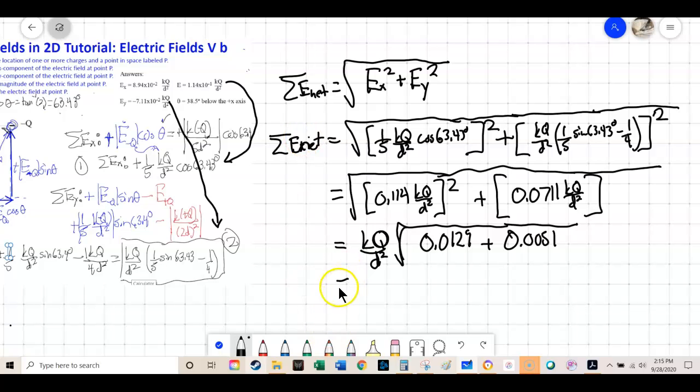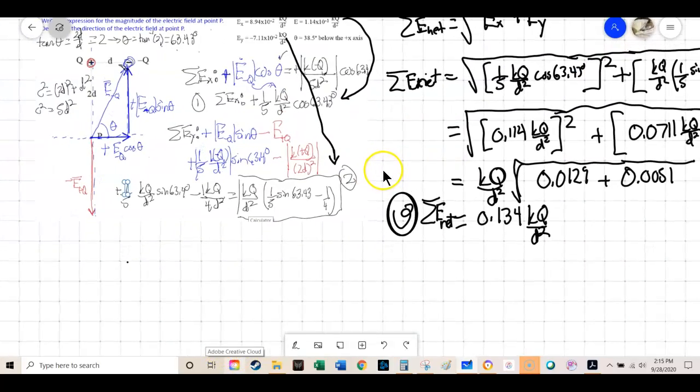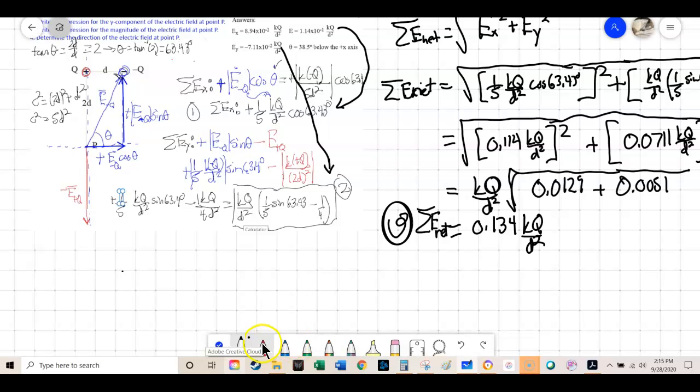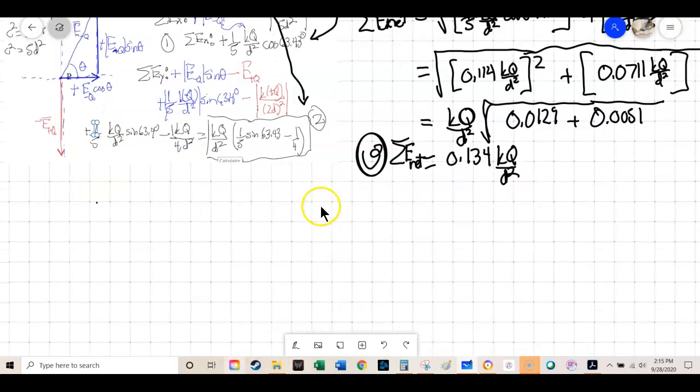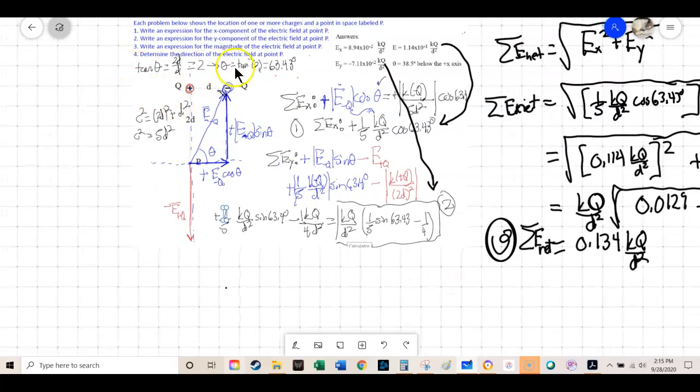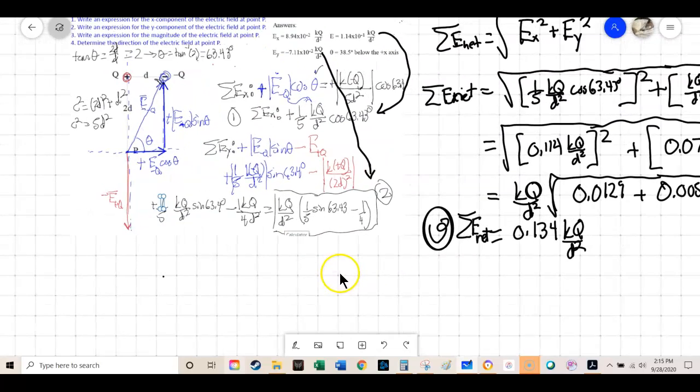So this overall in the net direction is going to be 0.134 kq over d squared. So this is number 3, and that's the magnitude of the overall electric field. And now, to get the direction of the overall electric field, we're going to take the up arrow, up and to the right. Actually, let's take the down arrow. So we're going to do number 4, which is to find the overall direction of the electric field at point P,